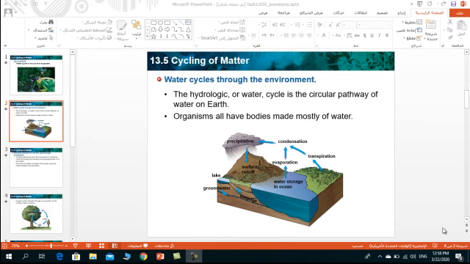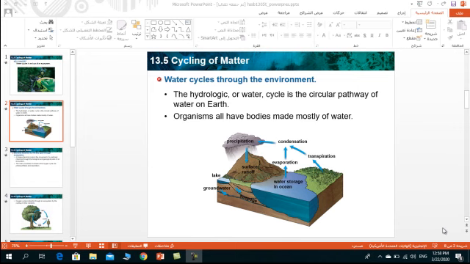Today, we're going to explain section number 5, cycling of matter. Matter changes its form, but it does not disappear. It can be used over and over again in a continuous cycle. For example, if you have a rock and then you crushed it, what happened? Does it vanish or disappear? Of course not. It just turns into sands and other bits of minerals. Although the matter may change its form over time, the total amount of matter always remains the same.